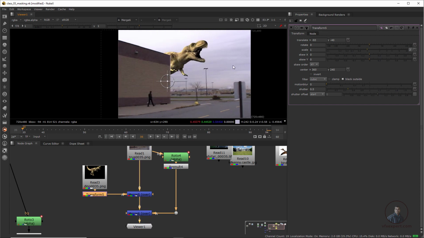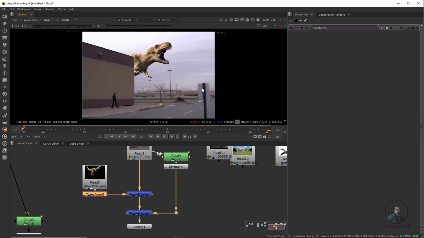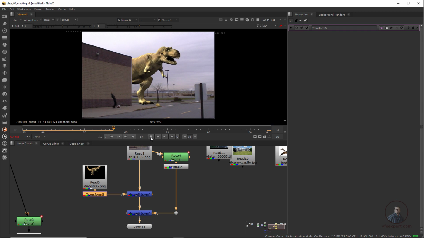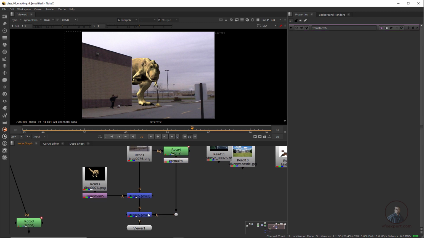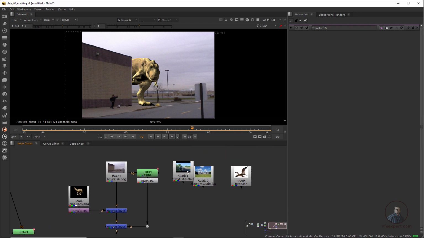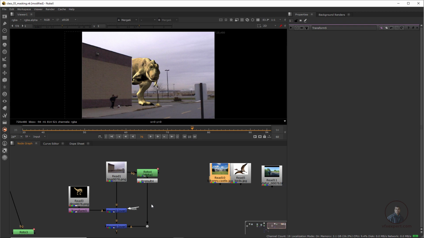Now play and check here. So like this you can see. Like this you can place any object behind any wall or any object. This is also a fundamental of masking here. Even as a second method, if you want, you can use the mask input directly. I am going to explain how we can use this mask input here.